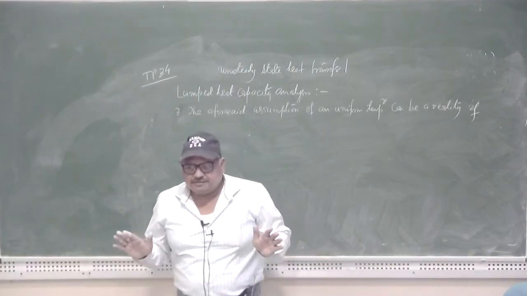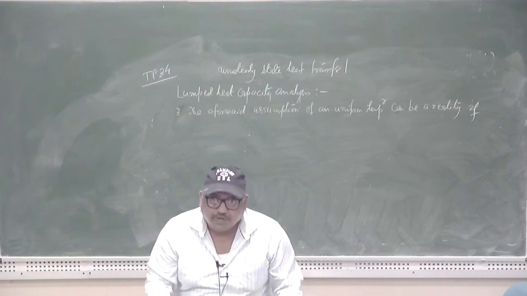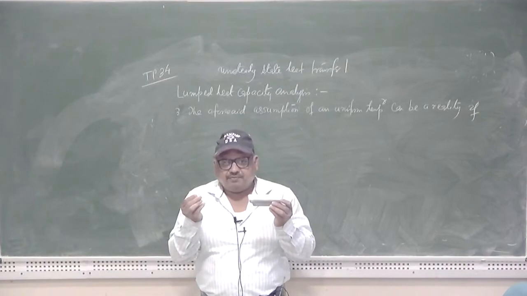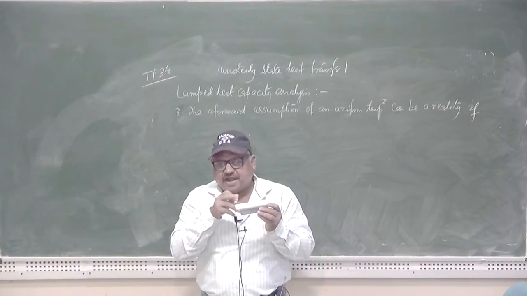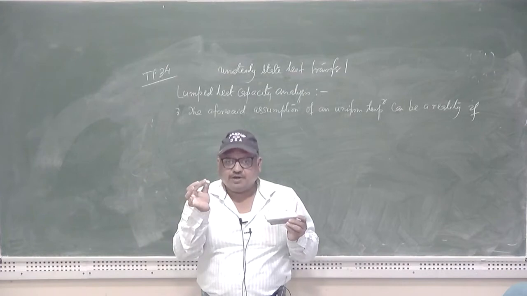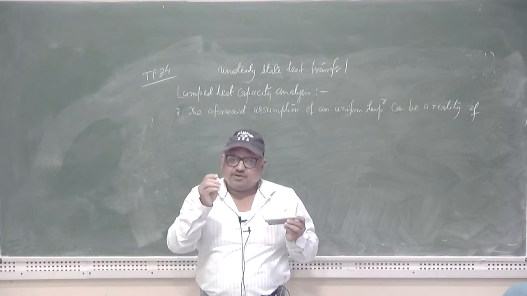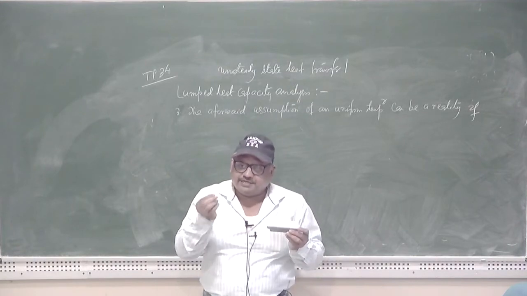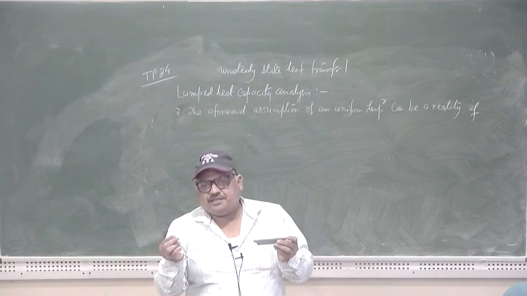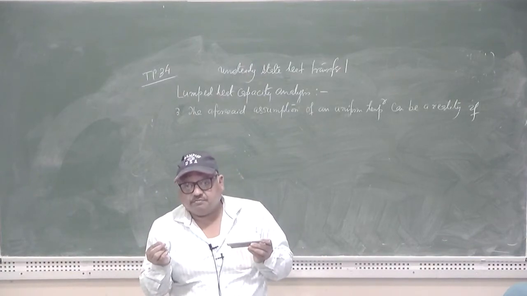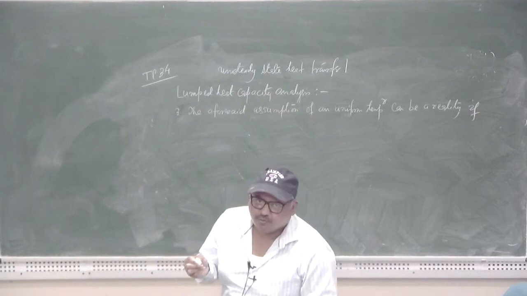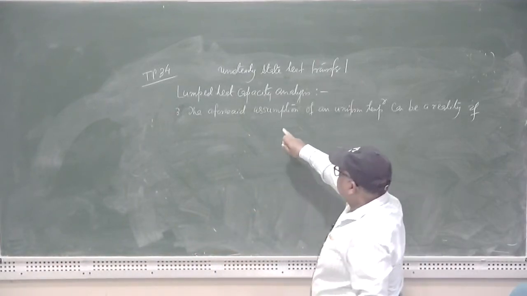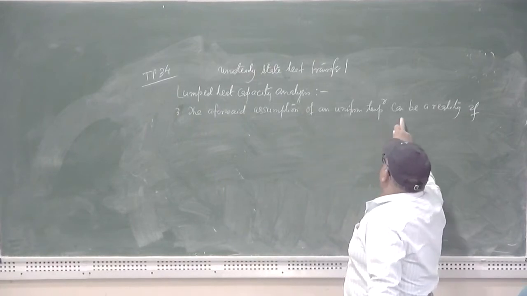So my question is, which body will first reach the condition that the temperature inside the body will be uniform? This one, because its volume is very, very less as compared to this one. So it is easier for this body to arrive at the uniform temperature throughout it. So the first conclusion which can be drawn is that this aforesaid assumption of a uniform temperature can be a reality if, number one,